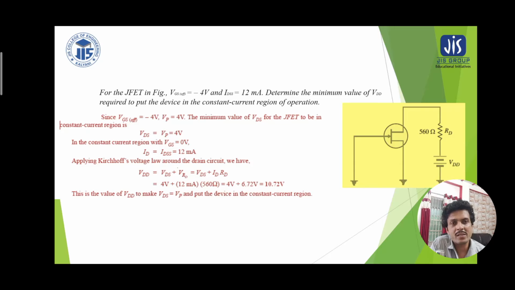That is the drain supply voltage. There is a VDS plus VRD is nothing but the VDD. So here from we can get that VDS plus IDRD, because VRD is nothing but the drain current drop. That is drain resistance has a drop at IDRD. Now therefore VDD is equal to 4 volt plus 12 milliampere multiplied by 560 ohm, because the values are given. RD is equal to 560 ohm. So you can easily find out what is the VDD maximum value.